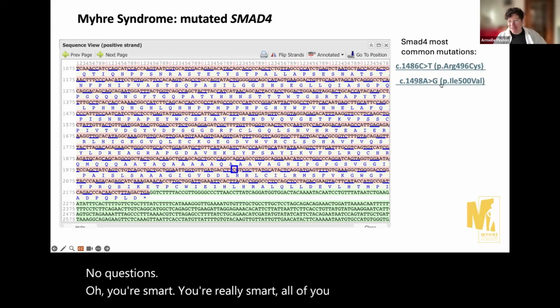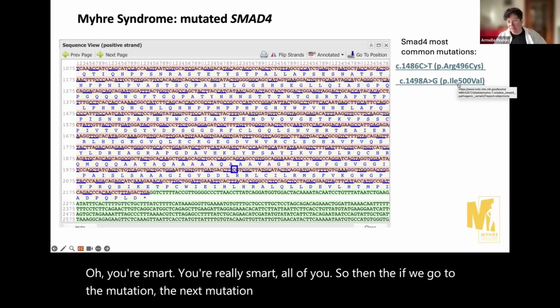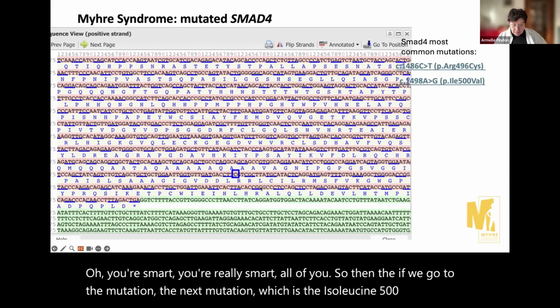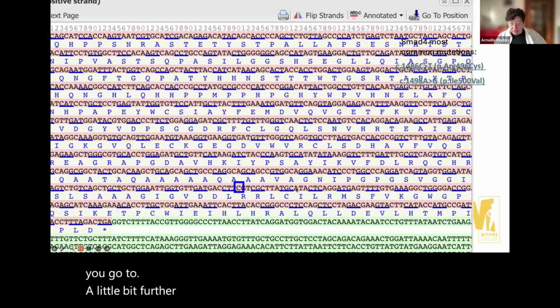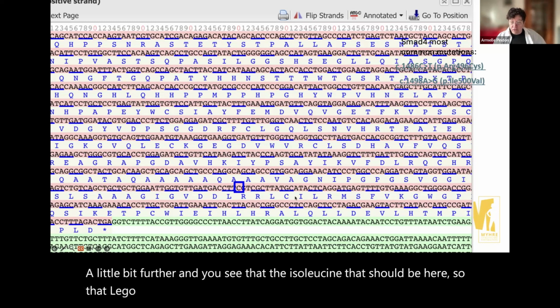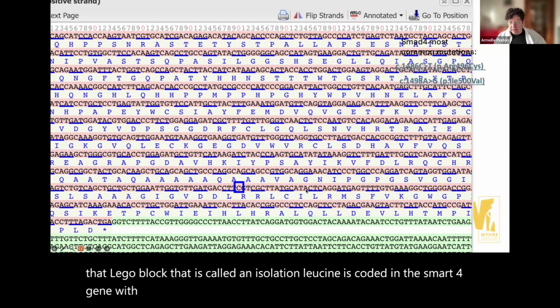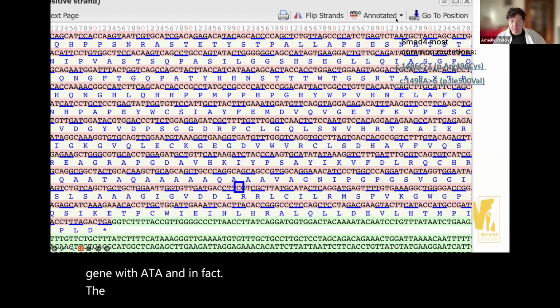So then if we go to the next mutation, which is the isoleucine 500 valine, you go a little bit further, and you see that the isoleucine, that Lego block, is coded in the SMAD4 gene with ATA. And in fact, the mutation is that instead of this,